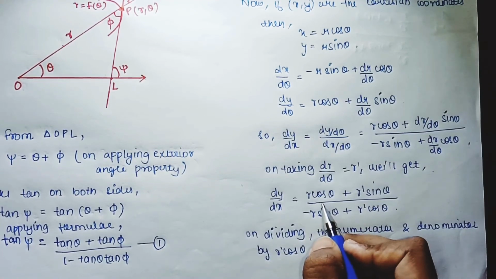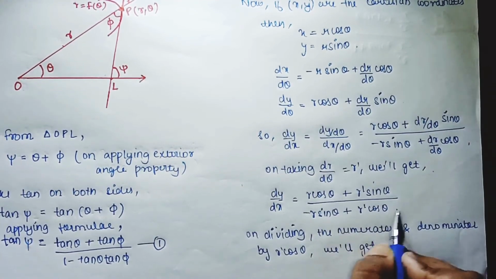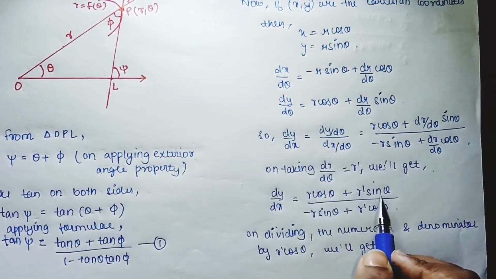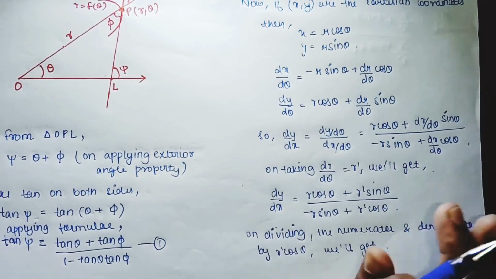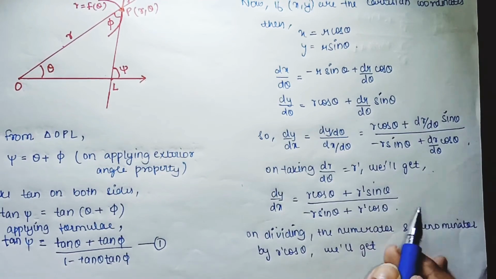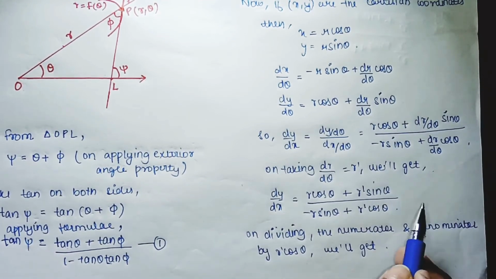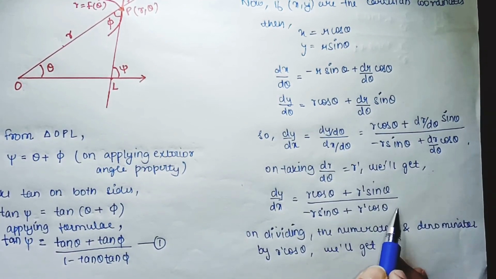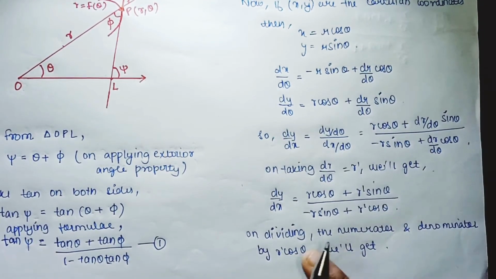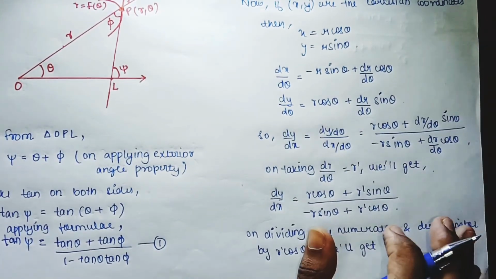On dividing the numerator and denominator by r dash cos theta, wherever I have cos, the cos will get cancelled out, and wherever I have r dash, that will also get cancelled out. So basically our whole expression would be converted into tan, obviously, because we have sine as well. Sine divided by cos will become tan. Also we'll get an extra expression. So what would that be? Let's see. After dividing, we'll get